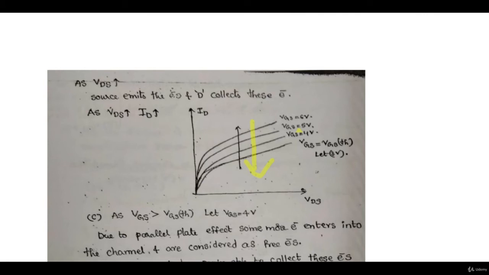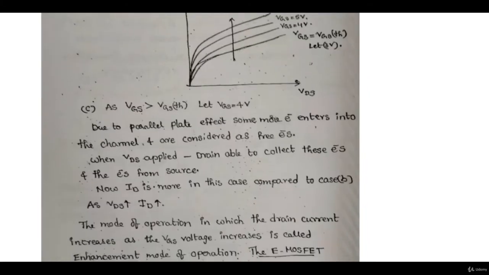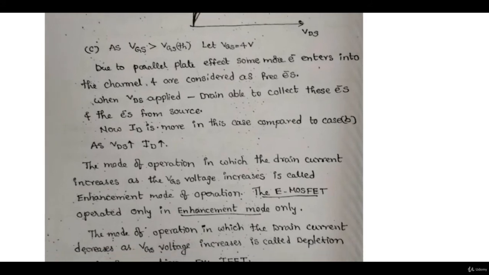It will only work for negative VGS when it is P type. We are dealing with N type right now. It will have positive values of VGS only. It will not have negative values of VGS. You will start from 0, go to VGS threshold, then apply more than VGS threshold, and then you will have current characteristics like this. Okay, so this is how the operation will work. Keep this point in mind.